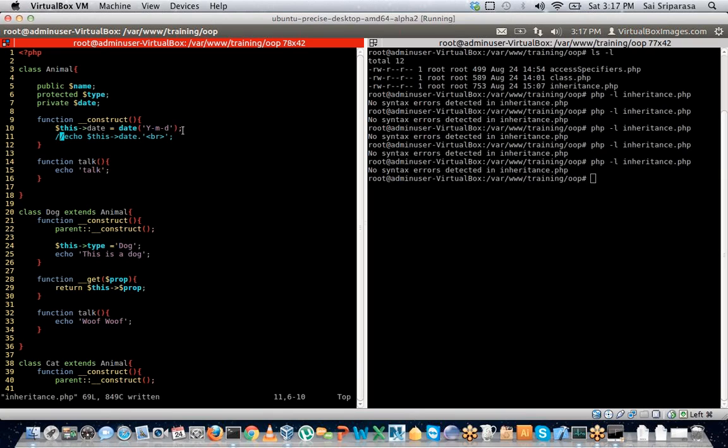And the reason that I was showing it in here was to say that a private property has to be set only inside the animal class. It cannot be accessed via child classes. While a protected property, we can actually get via the child class. And